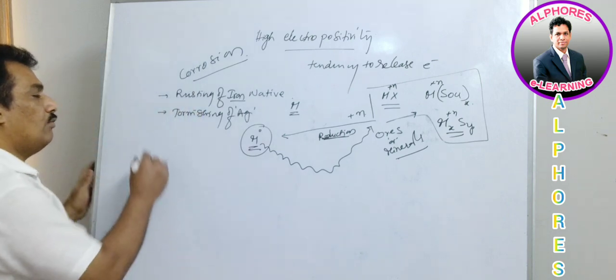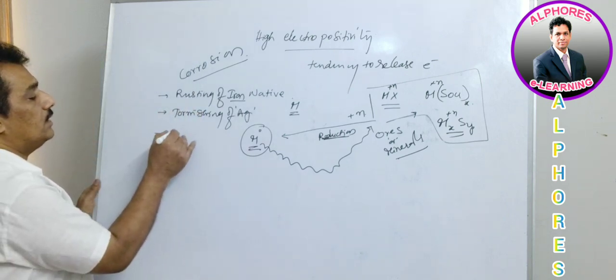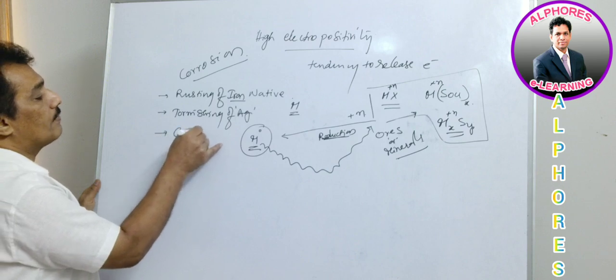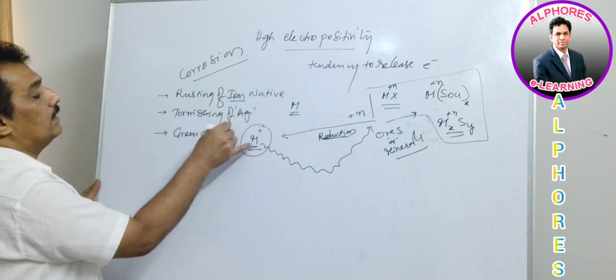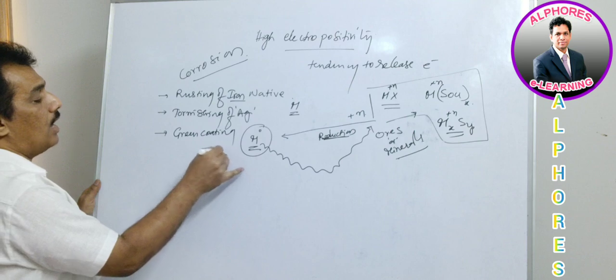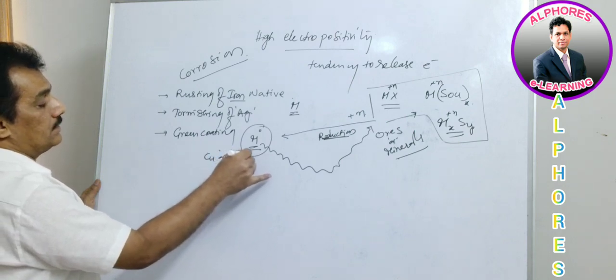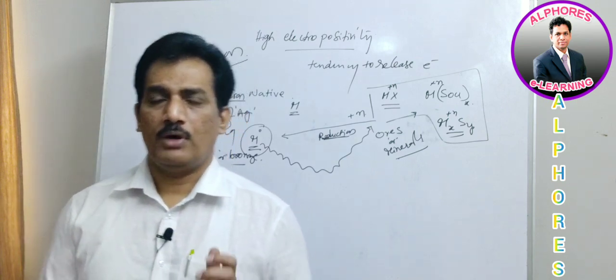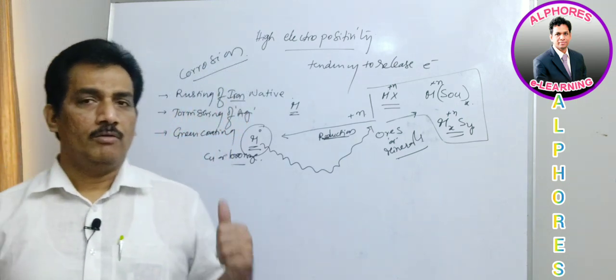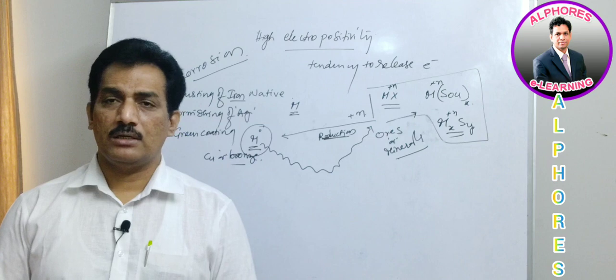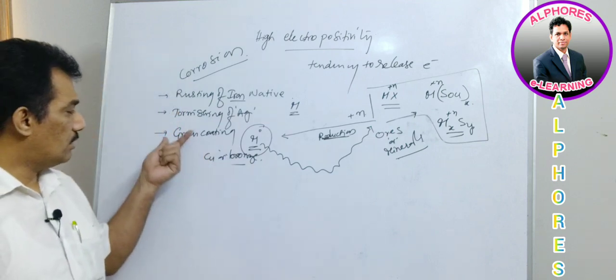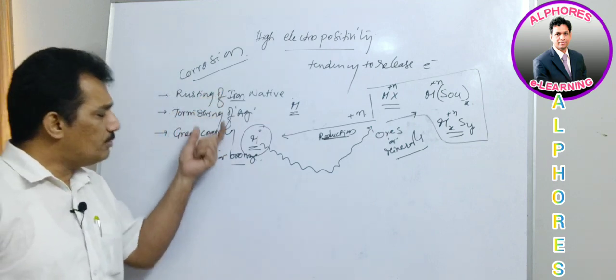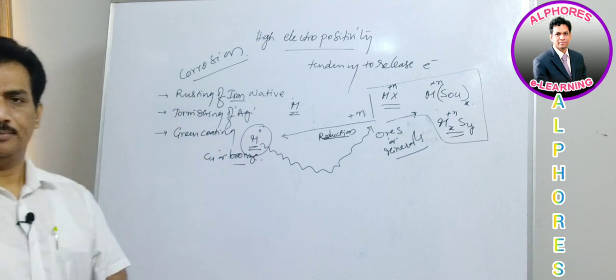And one more you can observe is the green coating developed on copper or bronze metals. On these two metals, if we are not using them for a long time, when they are in contact with moisture, they develop some sort of green coating. All these are the best examples for corrosion.